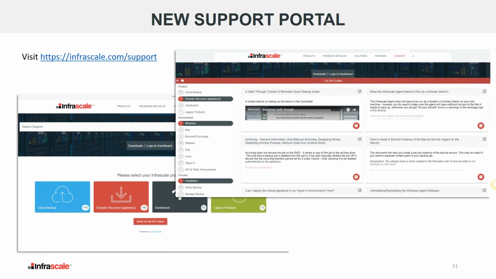We also have a new support portal, which I'm a big fan of. It's so much easier to navigate and to see. I love the preview section. So when you do a search, it doesn't just bring up the title, but it gives you a preview of what the article contains, and I find that terrific. It's so much more helpful than the traditional, here's a title, open it, and then figure out if it's what you want, and if not, hit back a bunch of times.